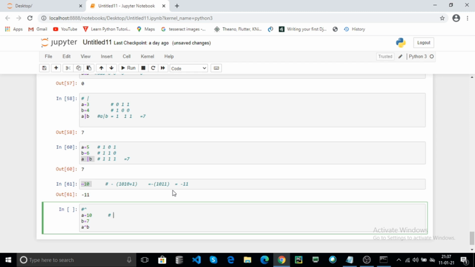Here a, 10 binary, is 1 0 1 0. 7 binary is 0 1 1 1. Now a XOR b: if both bits are same, it returns the 0, otherwise it returns the 1. For example, the table looks like this.